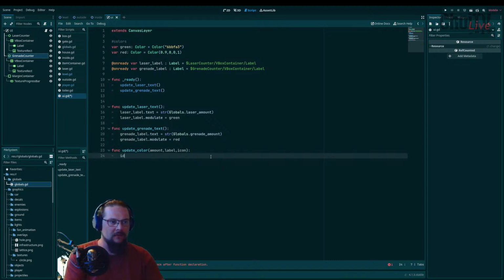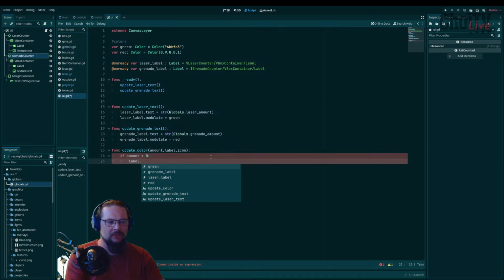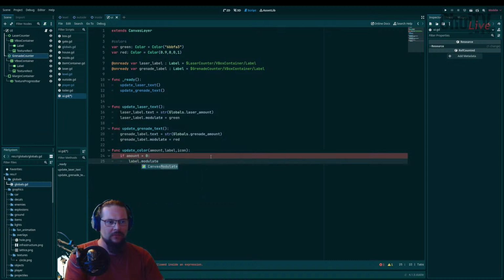So if amount equals 0, label dot modulate, right, equals red,